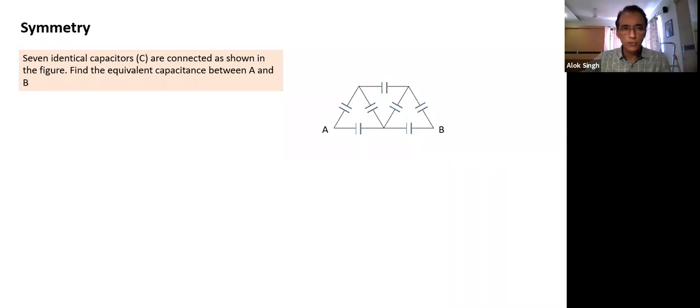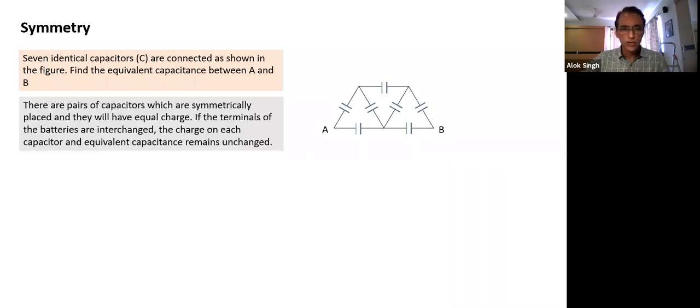Let's see how we make use of symmetry here. There are pairs of capacitors which are symmetrically placed. If I look at this capacitor here, there's a corresponding capacitor here. This is also symmetric to this. These two are symmetric to each other. This also is symmetric to each other. So before